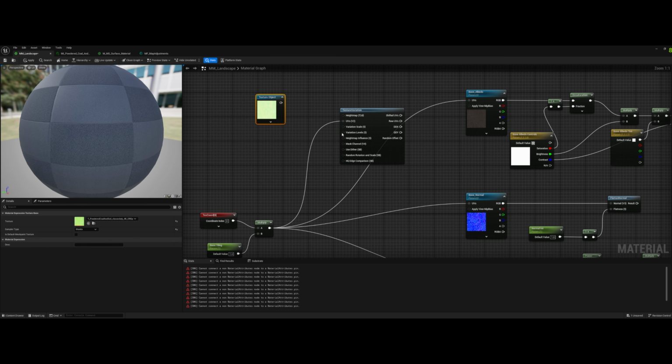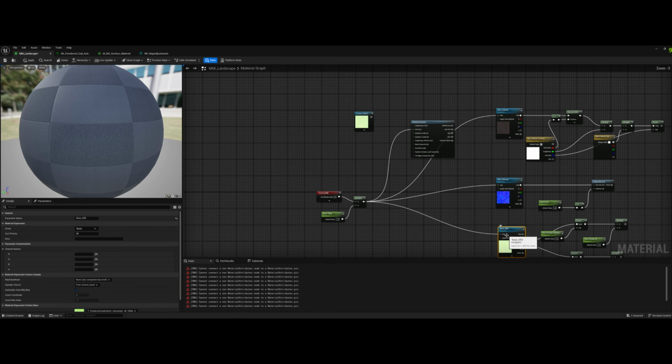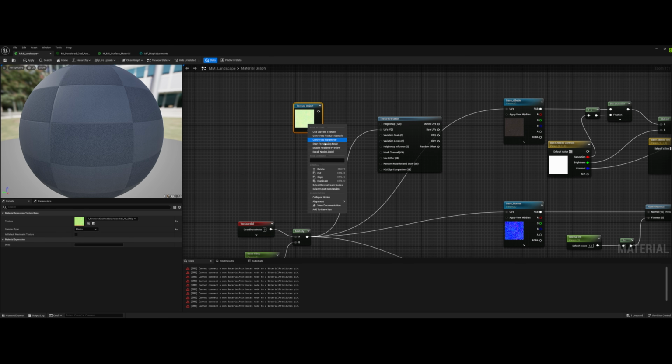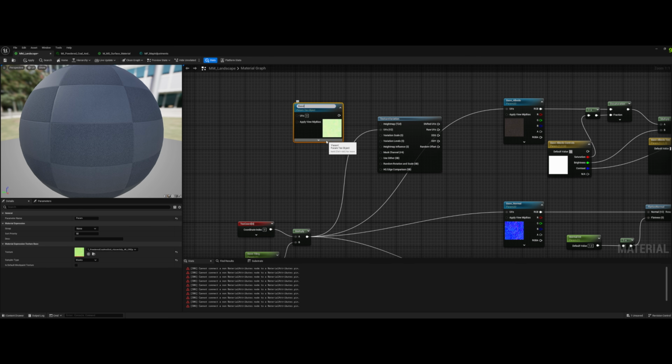And if you want to know how I know that, if you look at some of these functions that are built into the engine, in parentheses they tell you what they want you to put in here. So height map T2D means texture 2D. This parentheses S is scalar. This is a vector 4. SB is static bool, so just to turn it off and on. But yeah, that's how you know what to put where. So for this one, you want to make sure that it's named the same as this as well. So we convert that to parameter, base ARD,